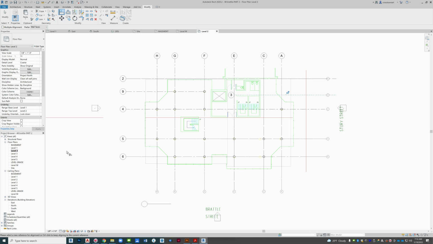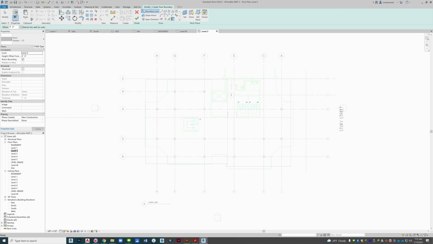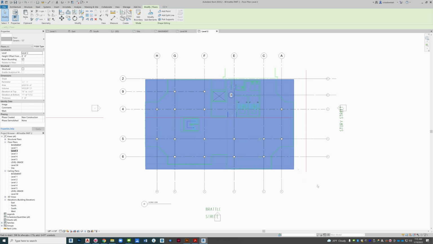Is the second floor, or is that level M? Oops. No, that's right. That's level 2. So level 2. My floor, let's draw a floor, is going to be the entirety of that. Do we agree with that? Right? I'm ignoring the boundaries of that floor, but right now